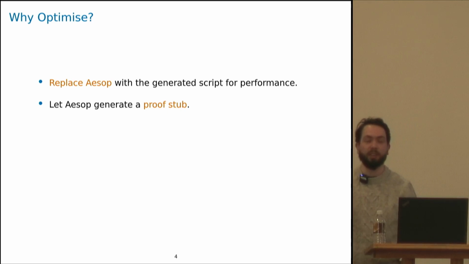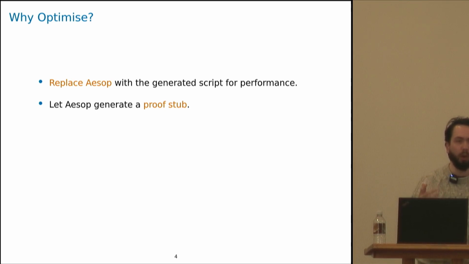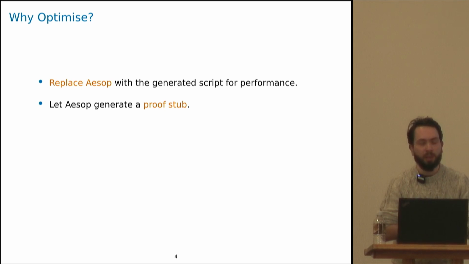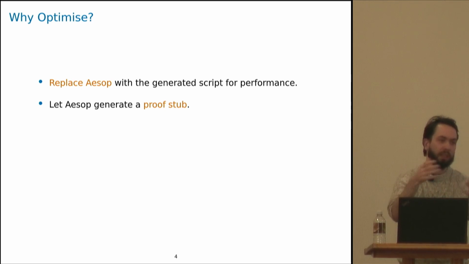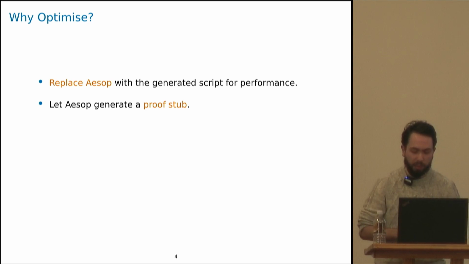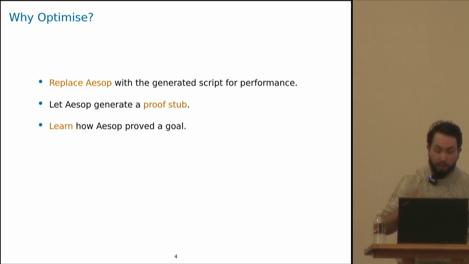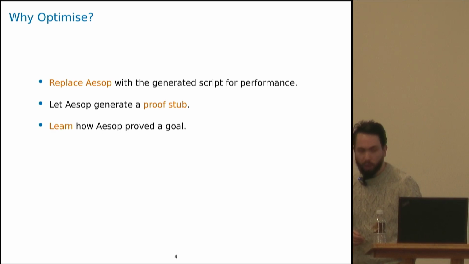So even if Aesop doesn't manage to prove a goal, it can still usually make some progress using so-called safe rules, which are always good to apply. And then Aesop basically gives control back to you and says, okay, now let's prove the rest. But in that case, if you use this methodology, you probably also want to replace Aesop with the generated proof stub. And finally, the scripts can help you learn about how Aesop proved a goal, either for debugging or,